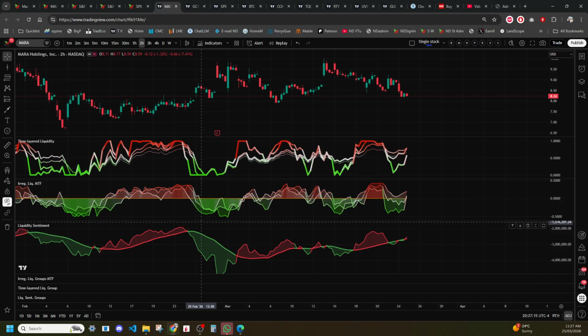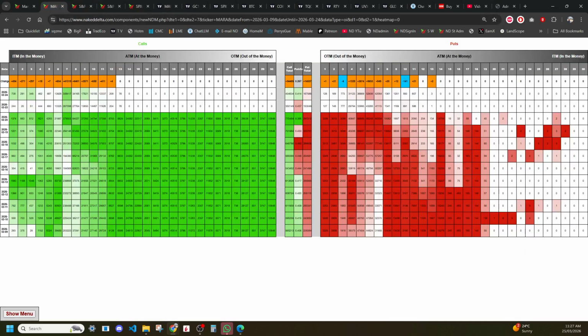earnings, and that earnings, a lot of that has been hedging, and then a reflection of that just slowly being let out. We can just see the sentiment, the liquidity sentiment, slowly gaining as holding the stock, or hedging the stock, has become less valuable, and we've seen it drop down a bit. So let's just go and have a look at where some of those trades were, or a couple of things